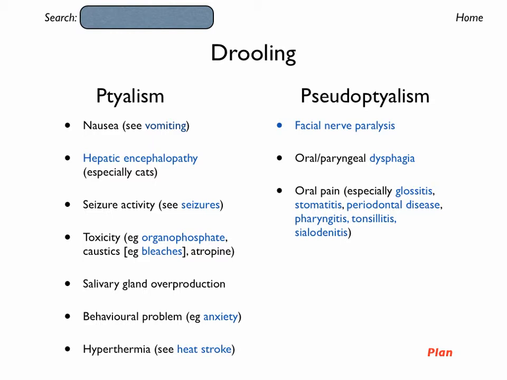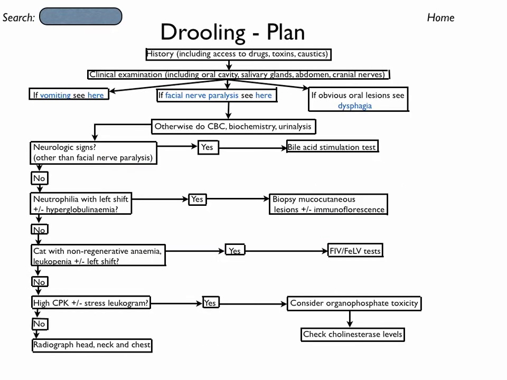Note in blue letters are links to other parts of the app. So for example, if this cat had been vomiting, I could click on vomiting, which would list the differential diagnosis for vomiting as well as the flowchart or plan to get to the diagnosis. So there's our list, and now at the bottom right we'll click on plan, and here is our diagnostic plan